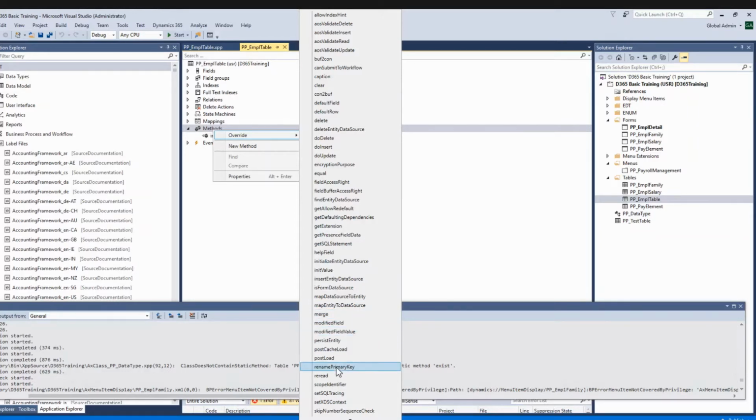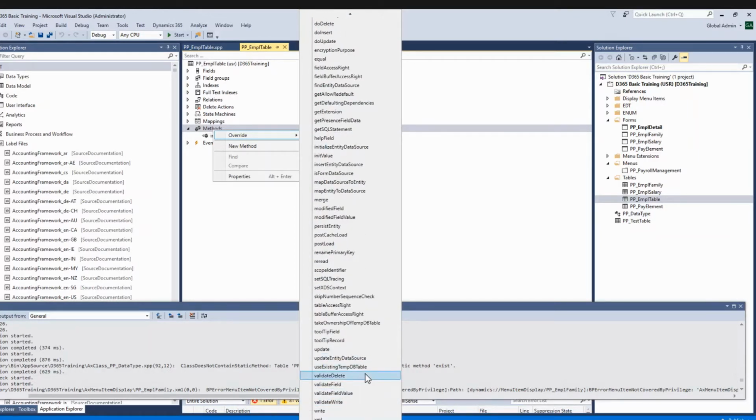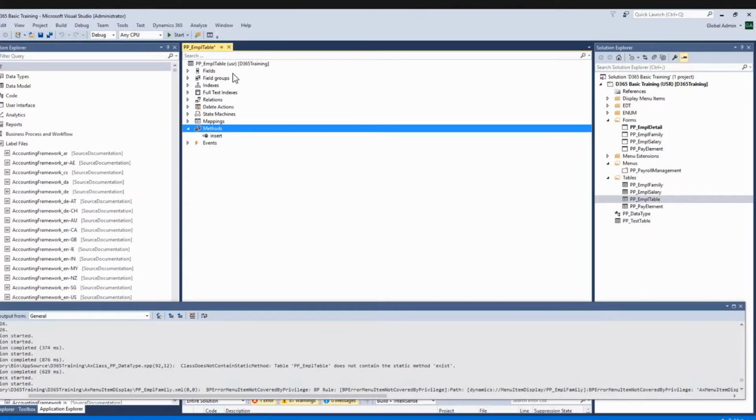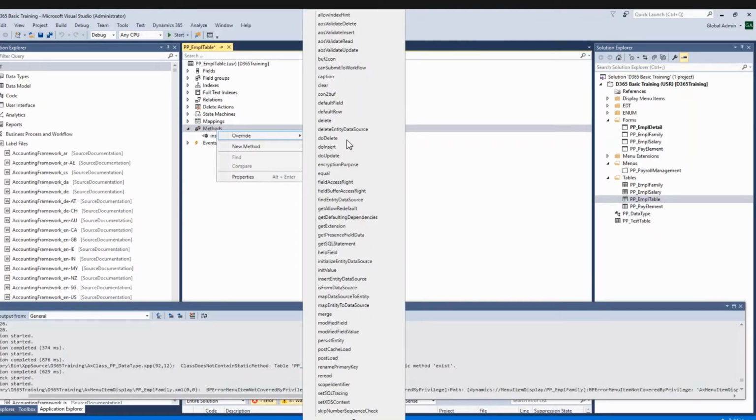So like this we can override these methods. We have update also. Update is executed when an existing record is modified. Then validate write, validate delete, validate field. Validate delete is executed when a record is deleted. So this is all about system defined methods. As per our requirement we can override any of the system defined methods and put our logic, and we have to decide whether to write it before super or after super. Now we have another type of method, application defined methods.